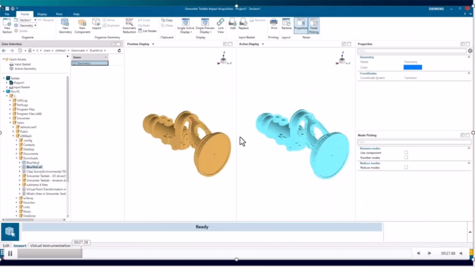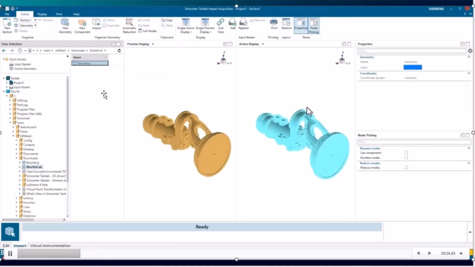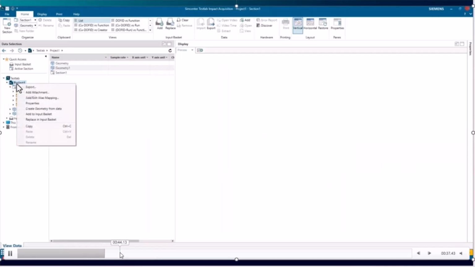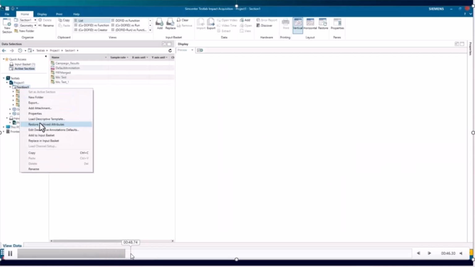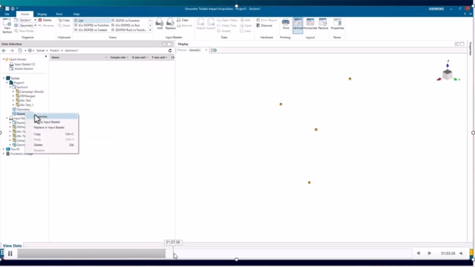So here, I'll skip ahead a little bit. This is me going back to the geometry tab. So I go back to the geometry, I load in an STL file version now, not the JT file, but an STL file of the exact same CAD model. I'm going to add all my data to the input basket. I'll skip through just a little bit. You can watch these all on your own.